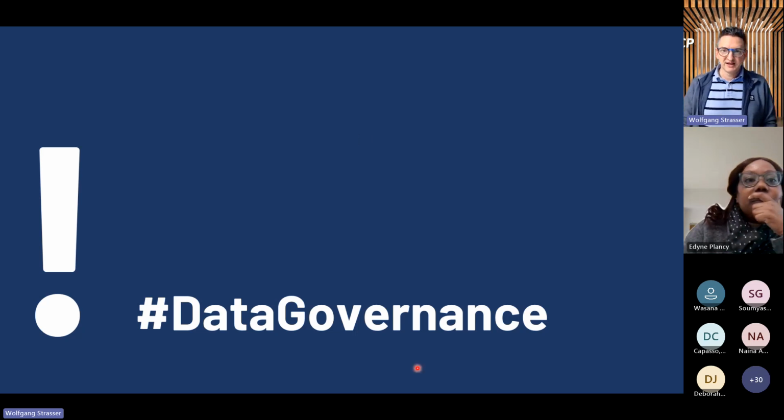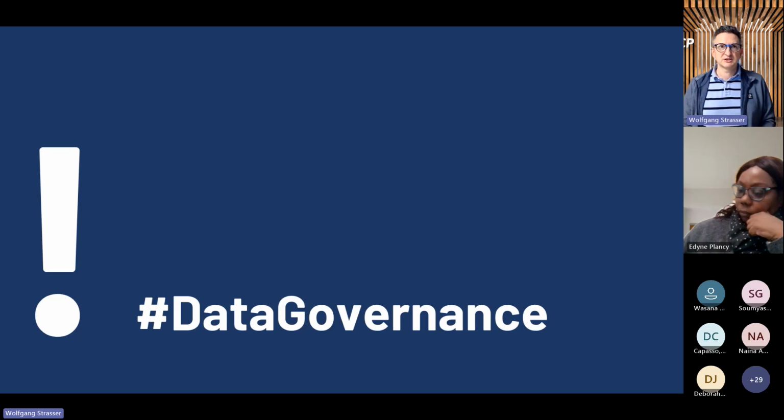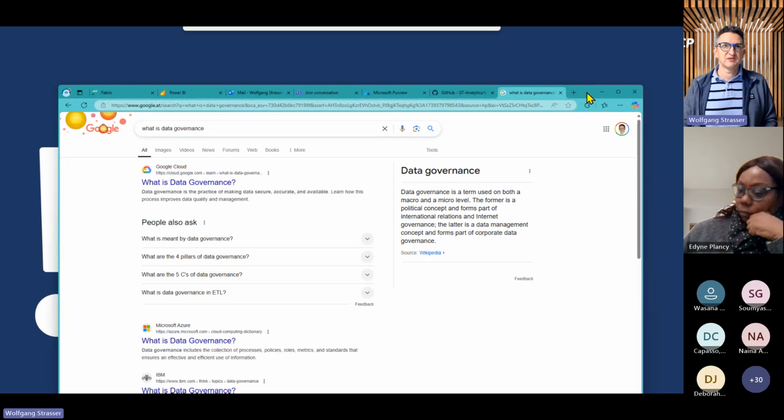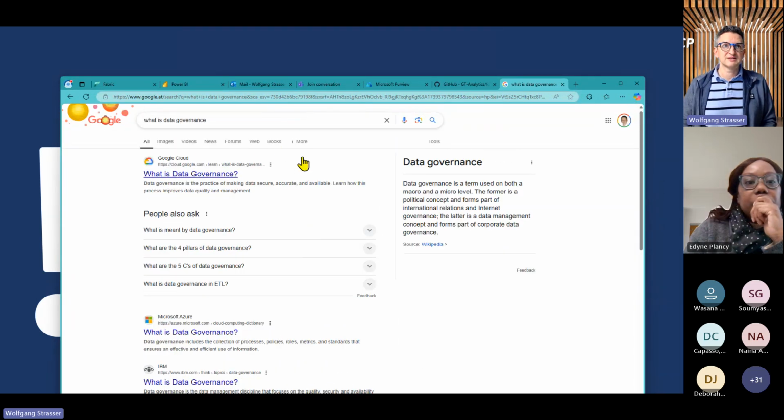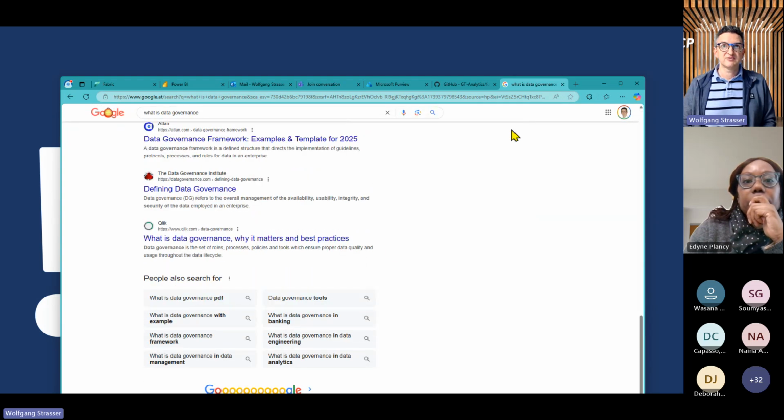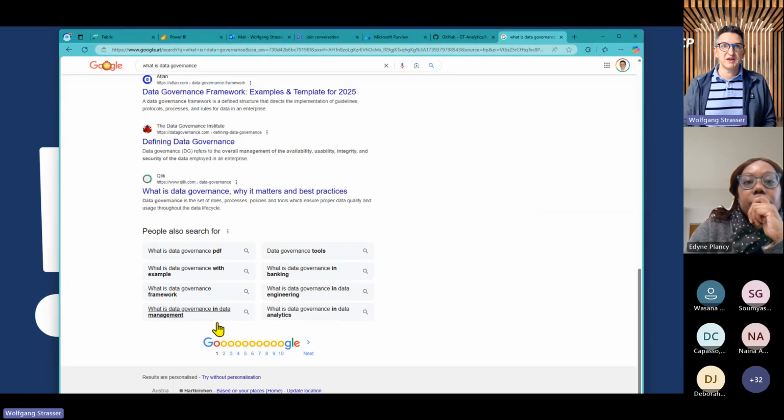Data Governance. If you look for the definition of data governance, it's not easy. If you search for it, I found out that Google doesn't display the number of results anymore, but if I scroll down here, there are many pages.